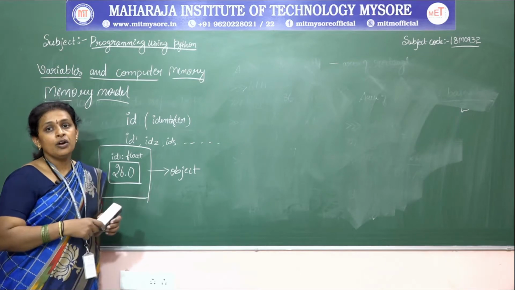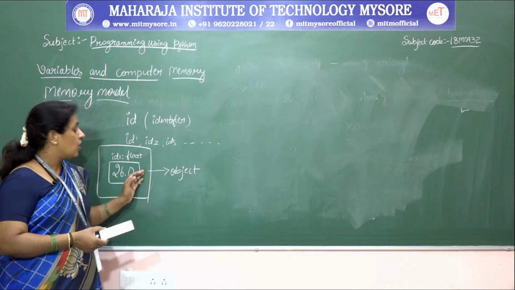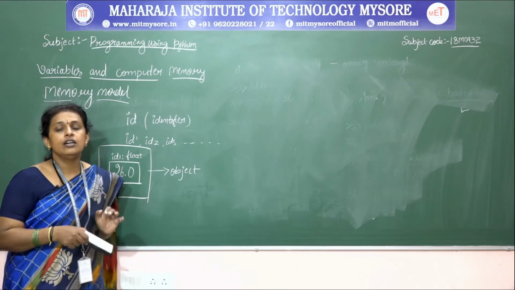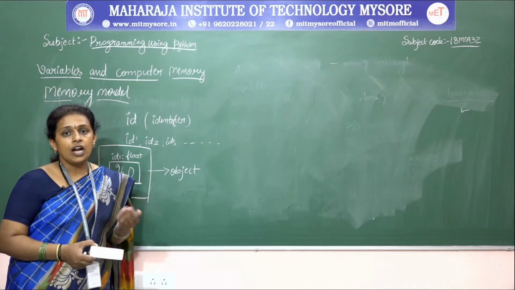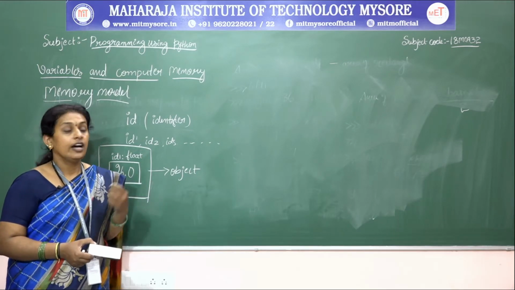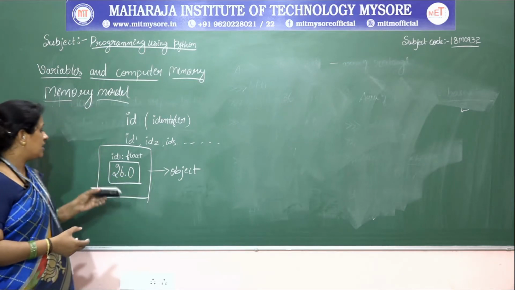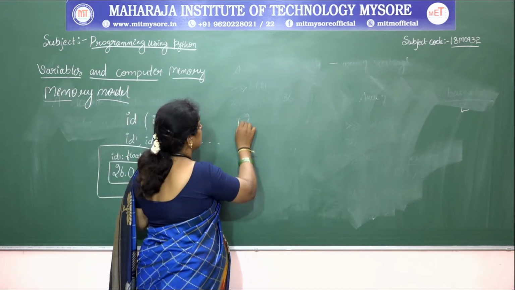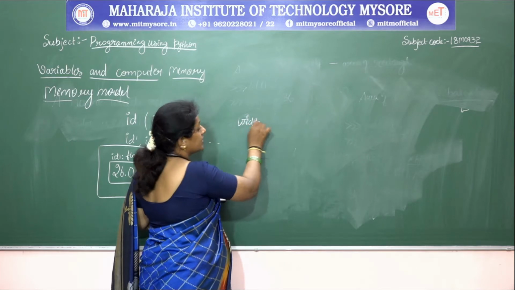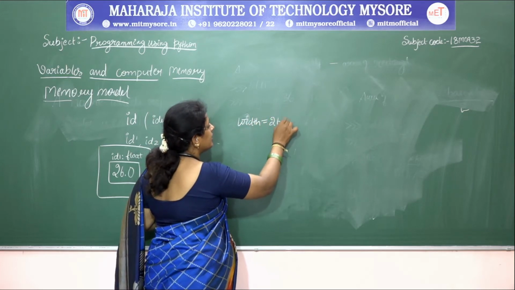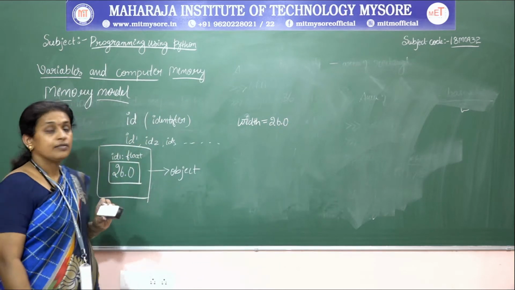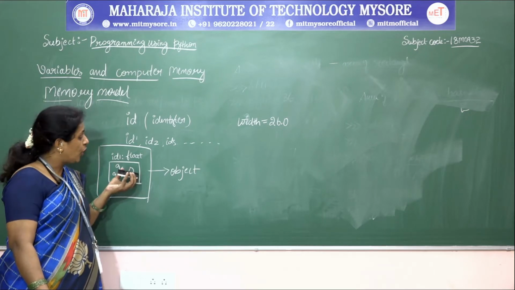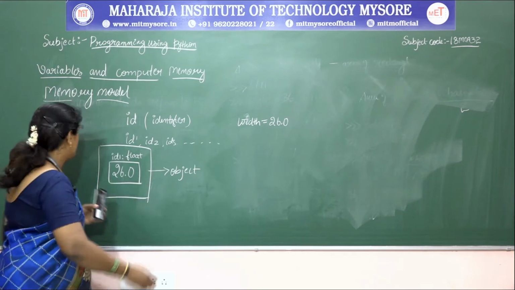Okay. Memory model, it contains a memory address of the object to which it refers. So in our memory model, the variable contains the memory address of the object to which it refers. For example, this 26 is the value for your variable width. So this is the variable, and it has a value called 26. Okay. So I need to assign this memory address of the object to a variable. Okay.